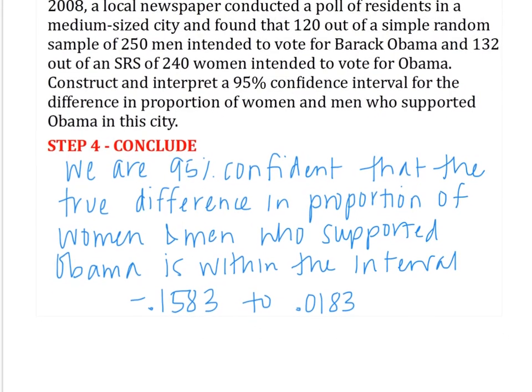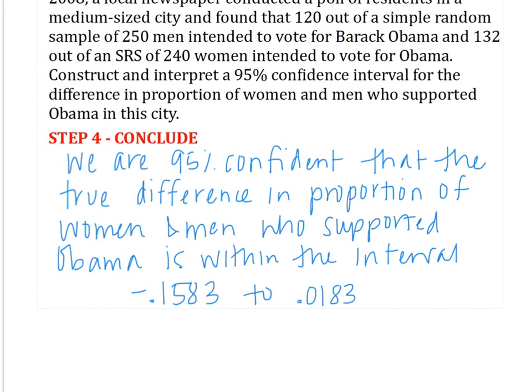If you want to think of this like percents, which to me makes more sense,